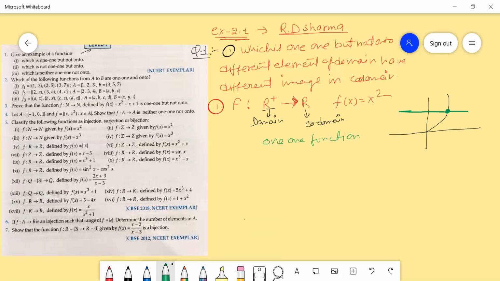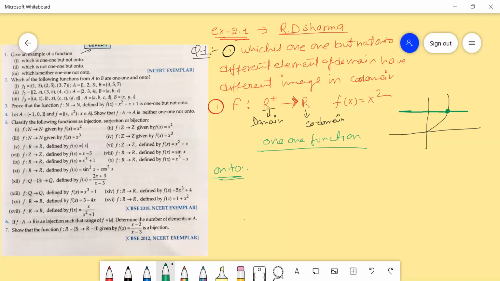Okay, and now we check for onto. What is the definition of onto?